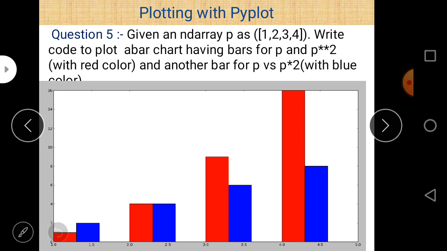Now question number 5. Given an NDPS 1234, it is an ND array and contains elements 1234. Write code to plot the above chart having bars of P and P double asterisk 2 with red color, and another bar for P versus P asterisk 2 with blue color. So